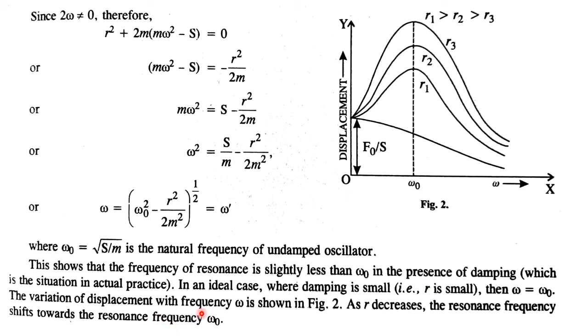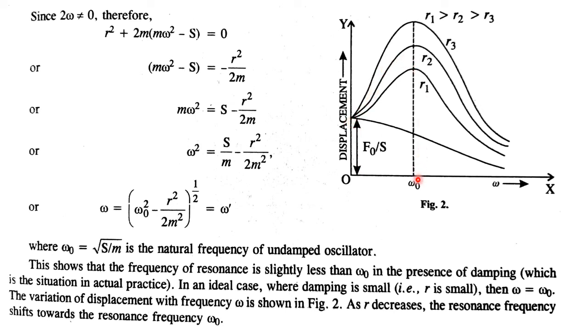All right, so now see here, this is the variation of the displacement and the angular frequency, or the driving frequency of the forced oscillator. This is basically F naught upon S. You know that this is the amplitude in the first case. That means this is the case when the amplitude is basically stiffness controlled. So we have discussed it in the first case, when the frequency is low. When the frequency is very low, this is the value of amplitude basically. After that it starts behaving like this.